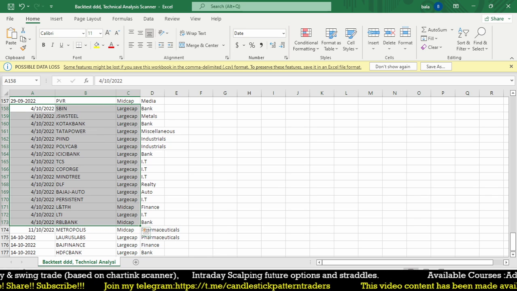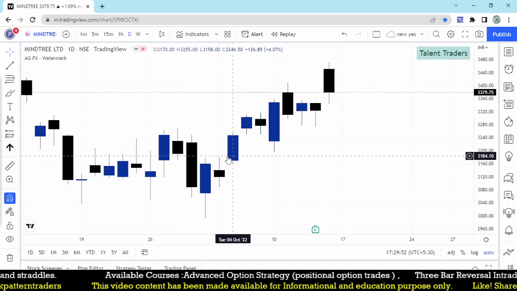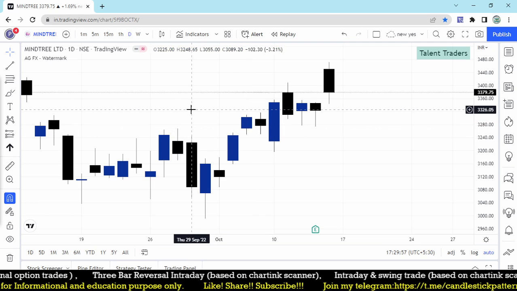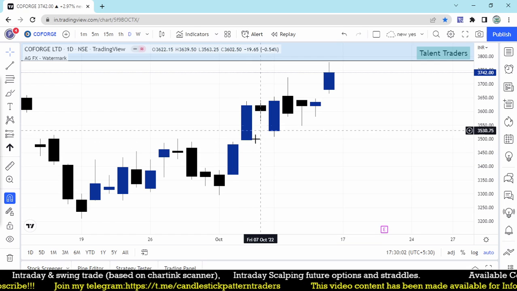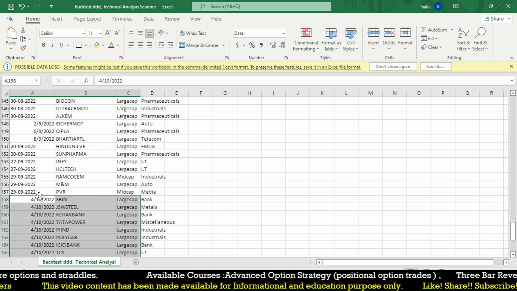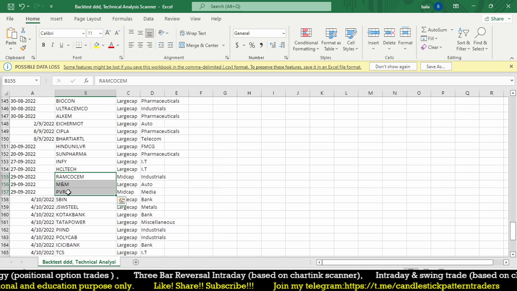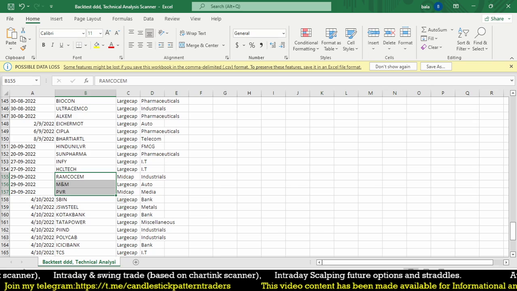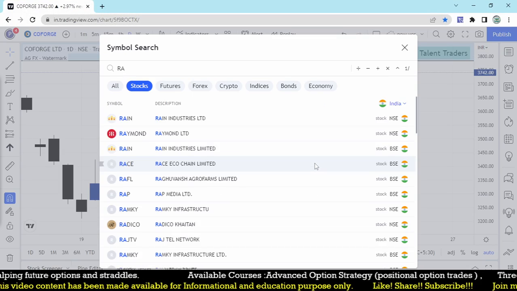Mindtree, GoForce, TCS, a lot of stocks on the day. Mindtree here on the 4th, and the next day it went up 1.7%. GoForce is the 4th, and the next. So a lot of stocks are working well on the scanner. And second, on the 29.9, we have 3 stocks: Ramco Cement, M&M, and PVR. So let's look at how the stocks performed on 29.9. Ramco Cement, M&M, Ramco Cement,